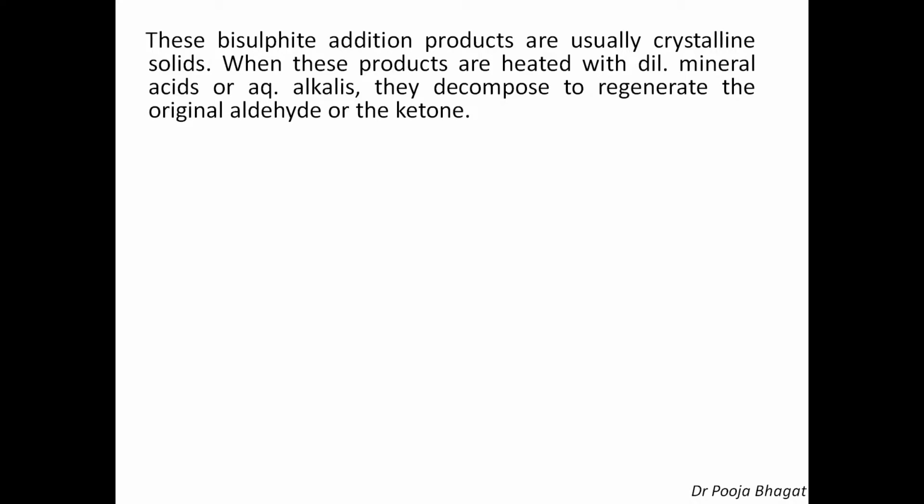When these products are heated with dilute mineral acids or aqueous alkalis, they decompose to regenerate the original aldehydes or ketones. First, you see how these bisulfites get converted into aldehydes and ketones. Then I will explain how you can use this reaction to purify or separate